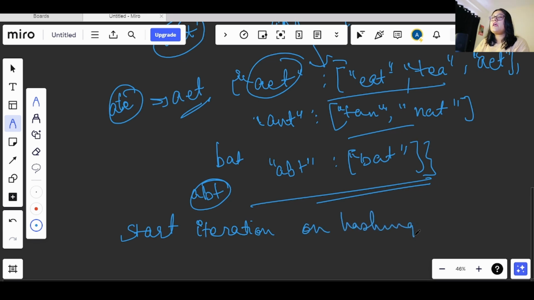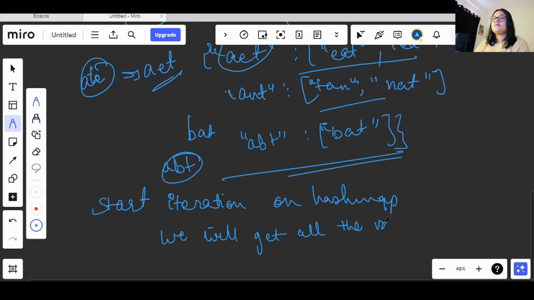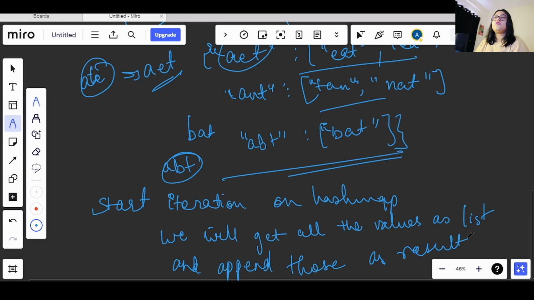After we have started the iteration on the hash map, we will get all the values as lists, right? And those lists we will be appending into our result. So this is basically how we will be approaching this question.